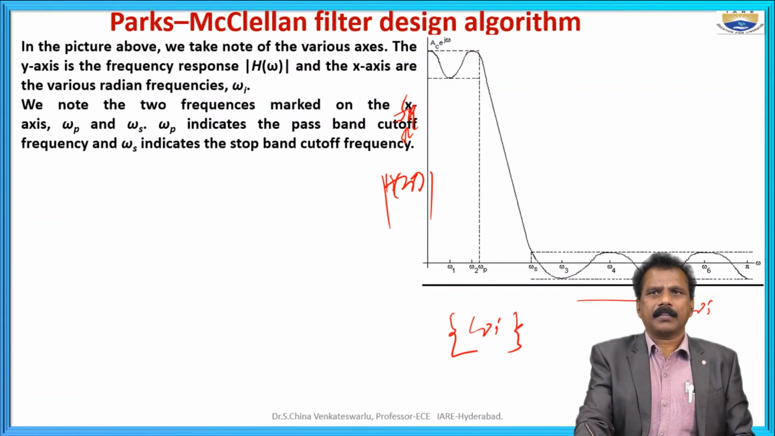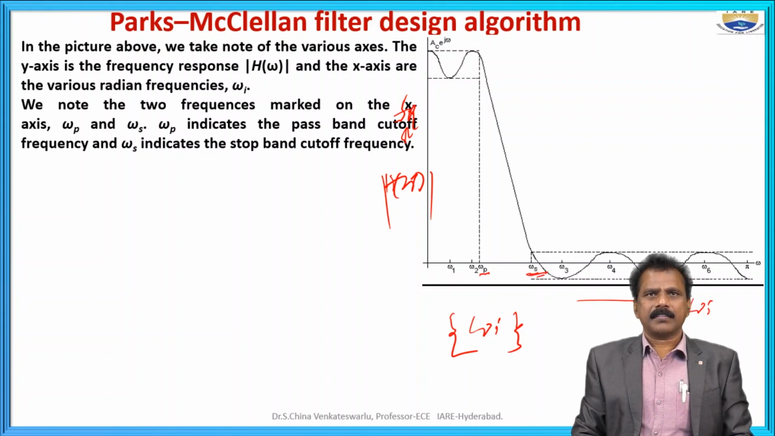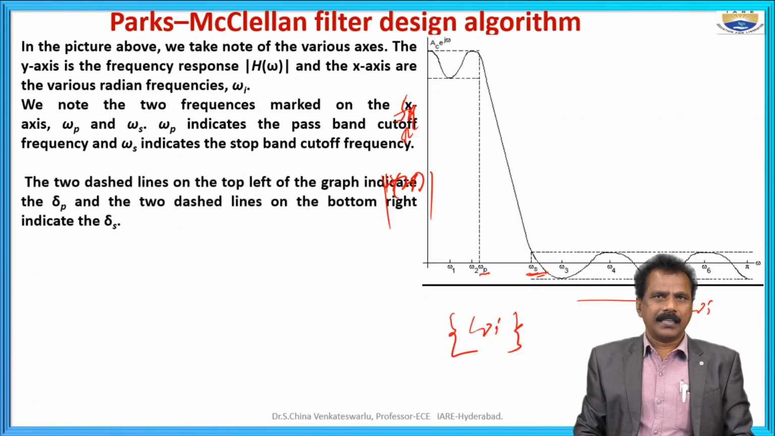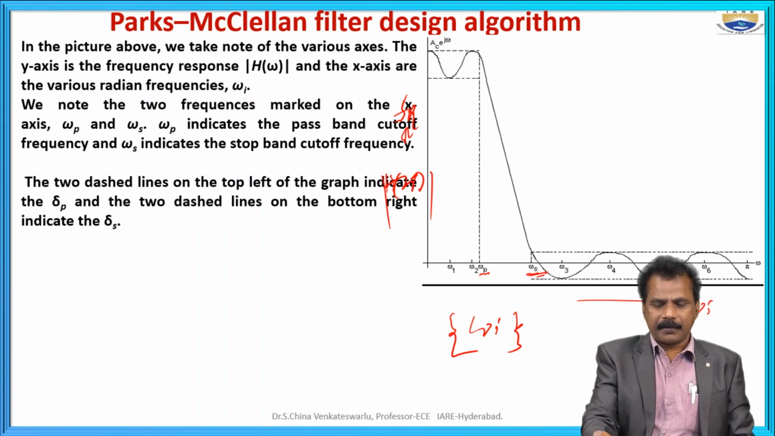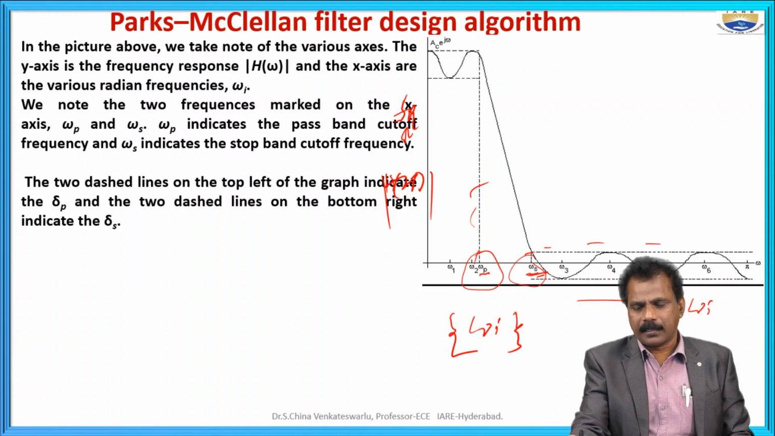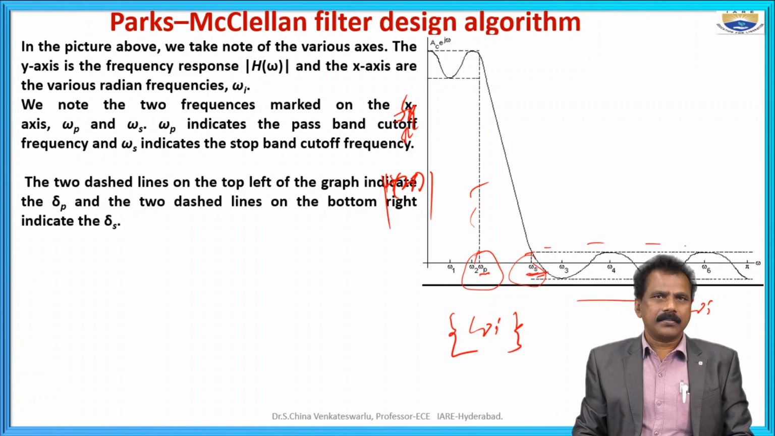Okay, so omega p indicates the passband cutoff frequency, and omega s indicates the stop band cutoff frequency. With this, we observe the two dashed lines here, omega p and omega s. The two dashed lines on the top left